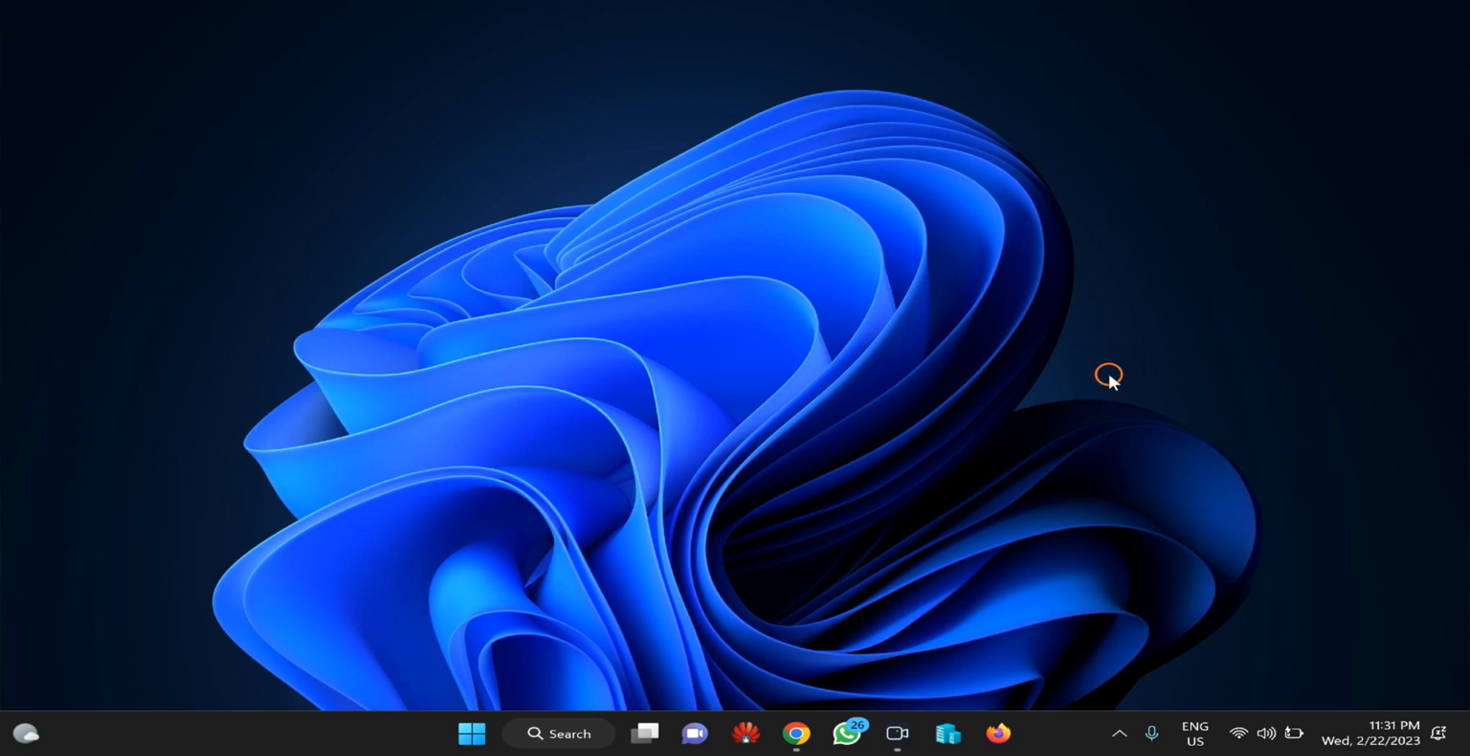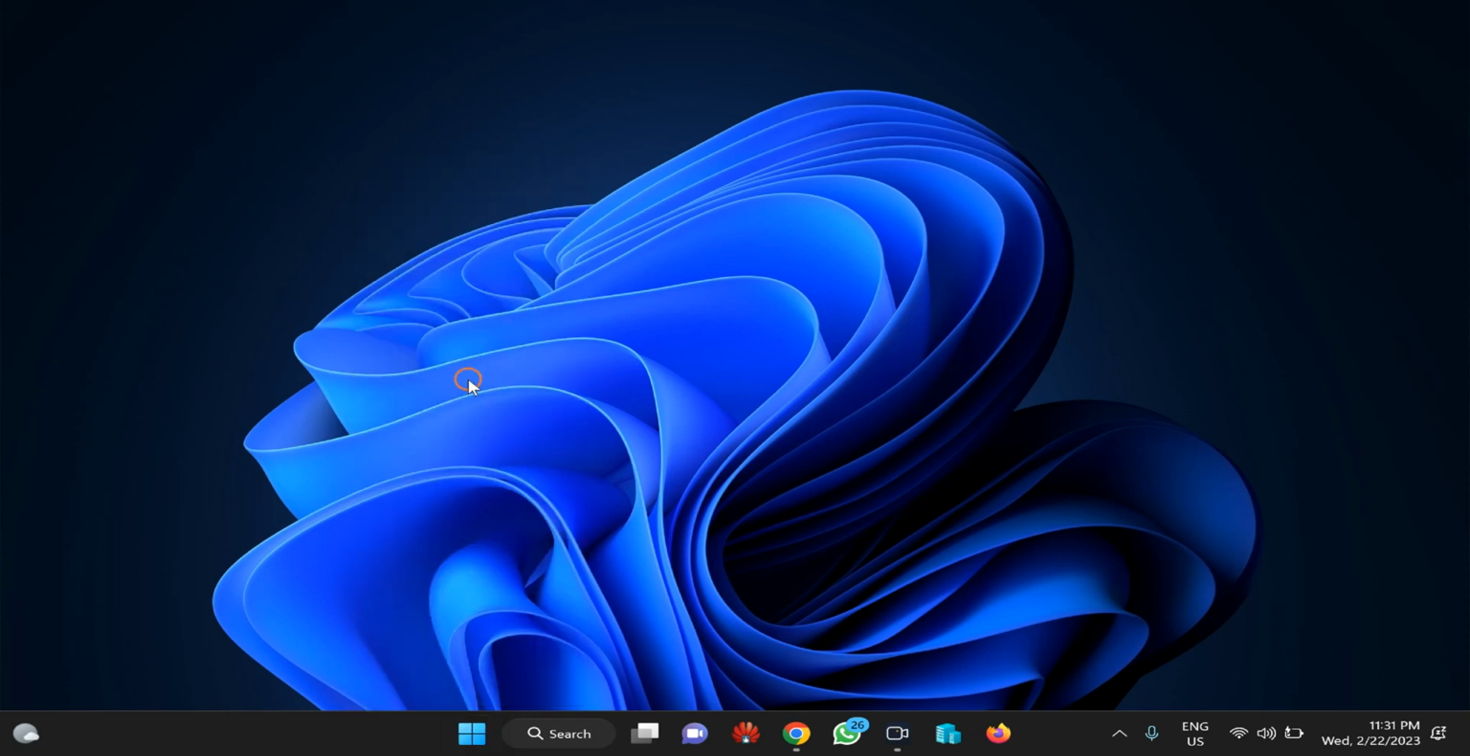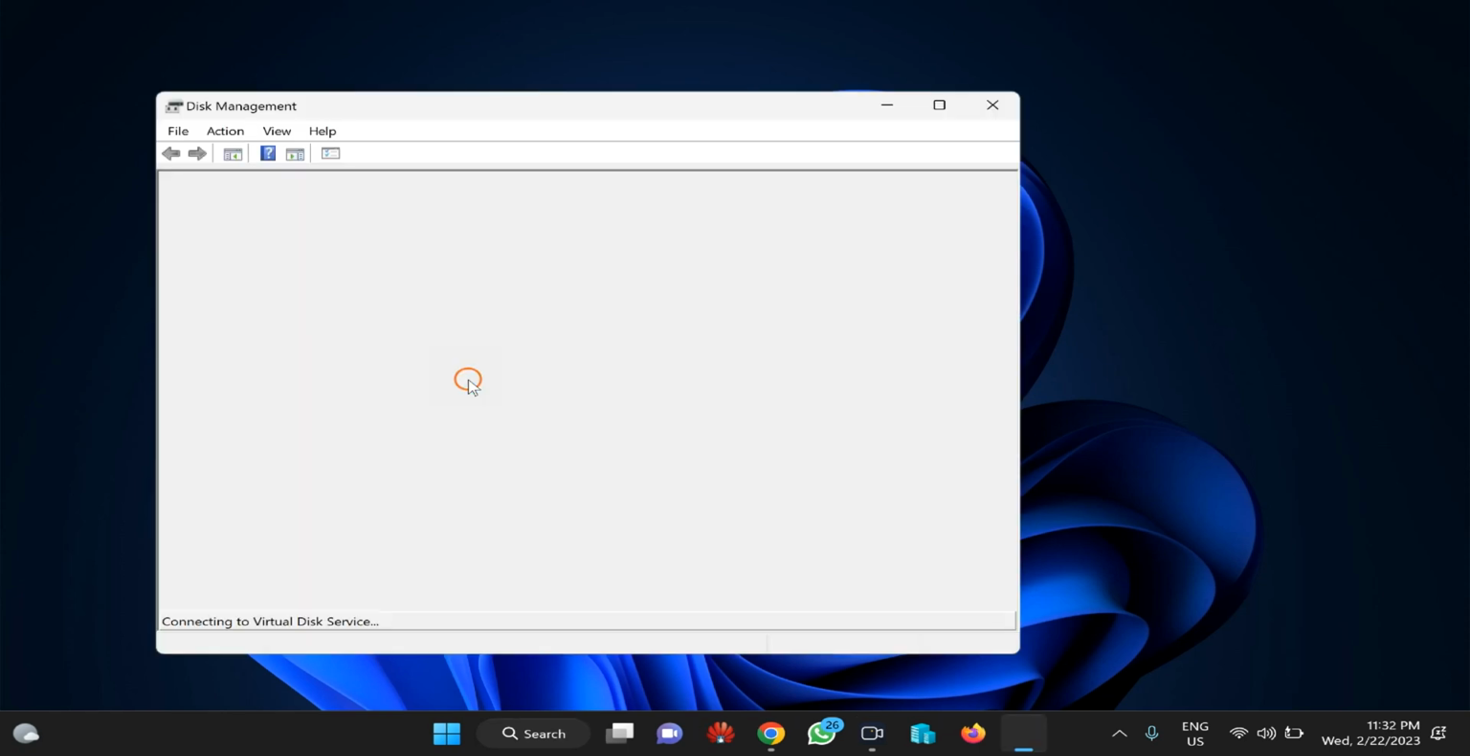So let me start with the first one, the Disk Management procedure. For that, right click on the Start button and select the Disk Management option. This will open the Disk Management